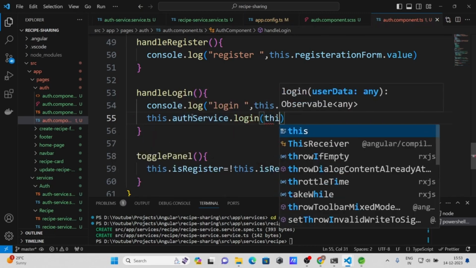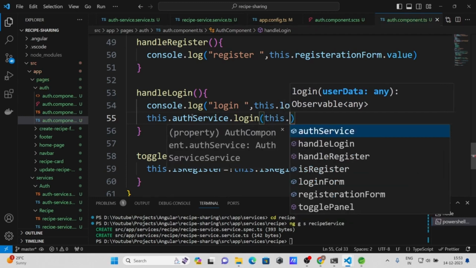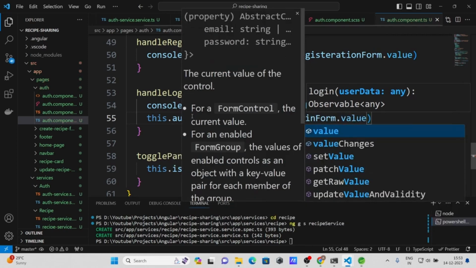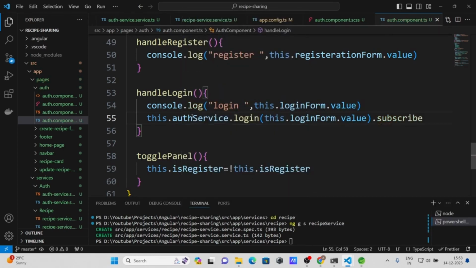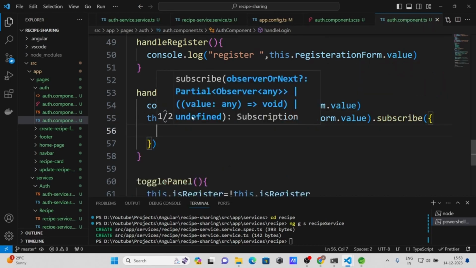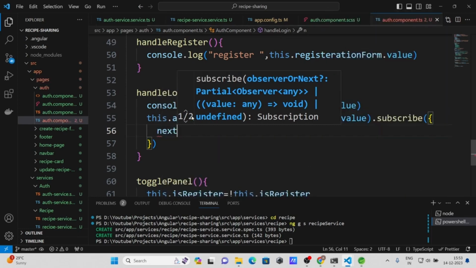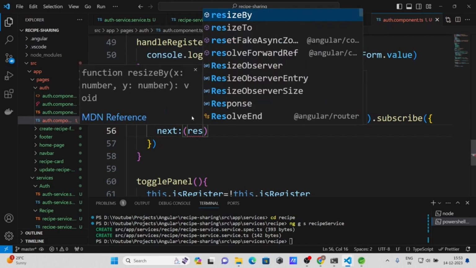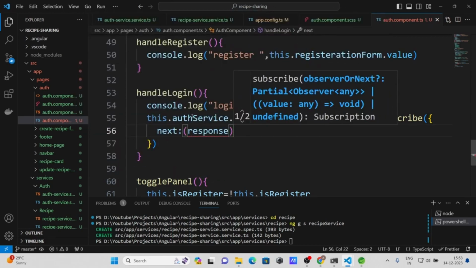Okay, and here we need to give the login data, so this dot login form dot value, and let's subscribe to it. Since we have made it observable, we can subscribe to this and we can track the value here. Okay, so response,